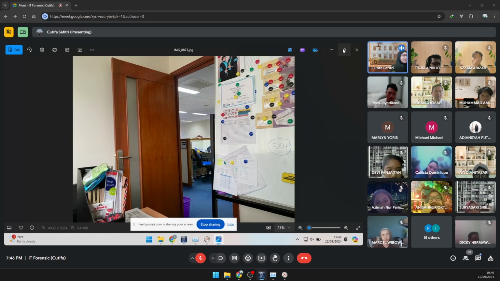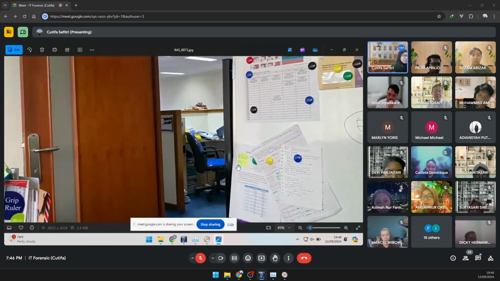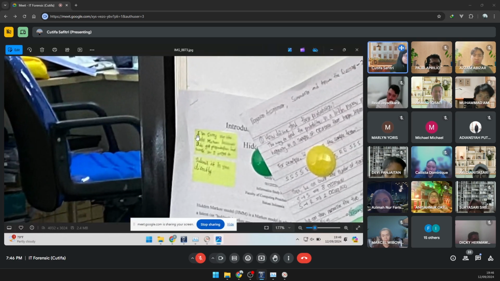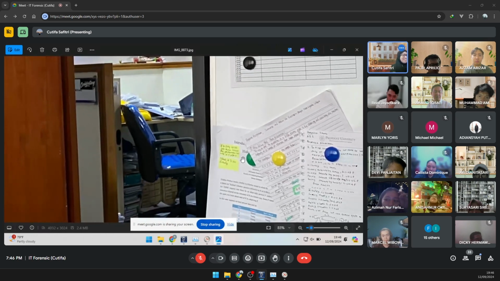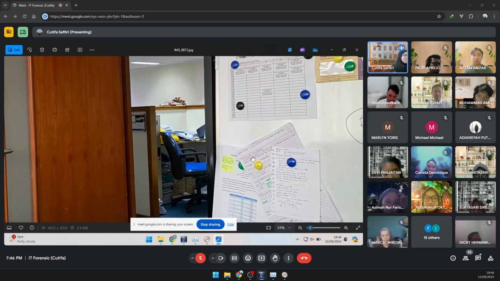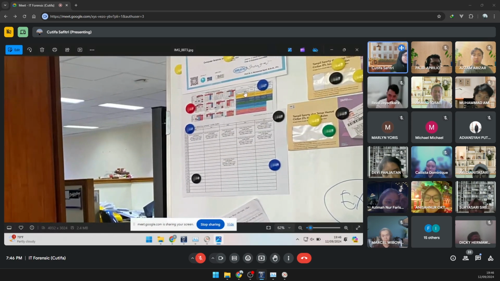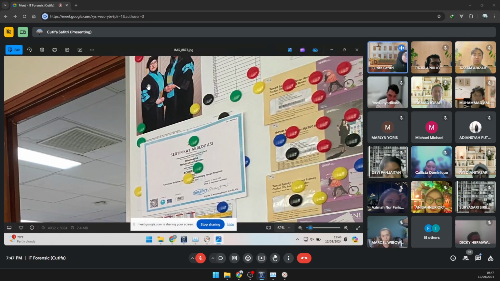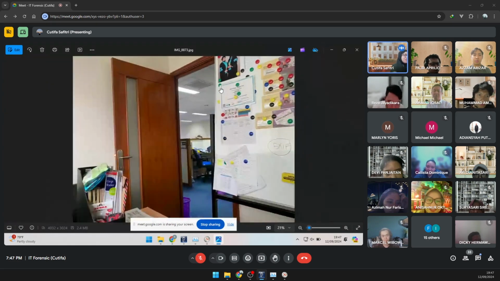Now, for those of you that have been to PU, you know where it is. This is in PU. Yes, my room is a mess. So you see here, students submitting assignments. Here, ma'am, I'm sorry, late assignment. Ma'am, late assignment. I have my schedule here. I have the certifications, me and my best friend, but I'm sorry, best friend, your face is cut off. Bills I have to pay and so on.